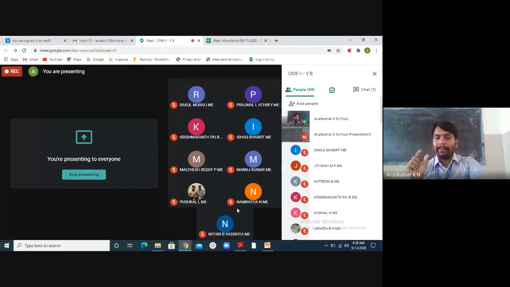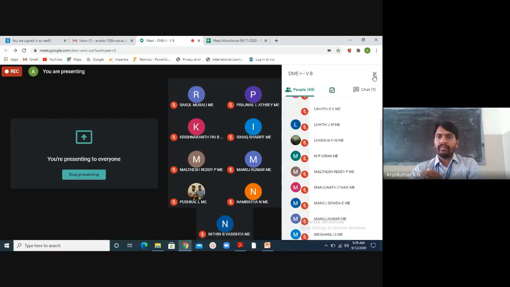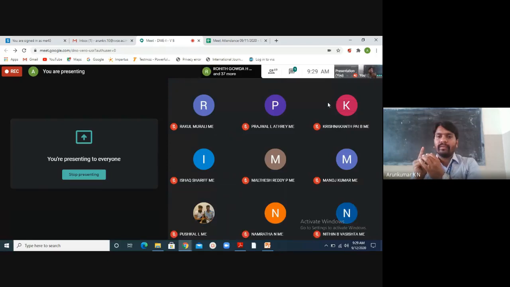I will take a simple example where it is having axial load only, where it is having bending load only, where it is having torsional load only, and combination of two: axial and bending, bending and torsion, and axial and torsion. Clear? So I will take a simple example where the member is subjected to axial only, bending only, torsion only,